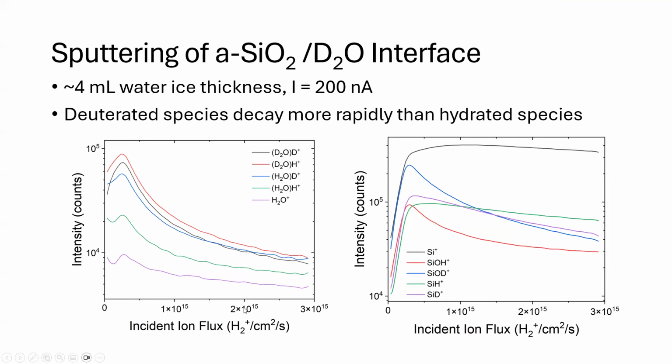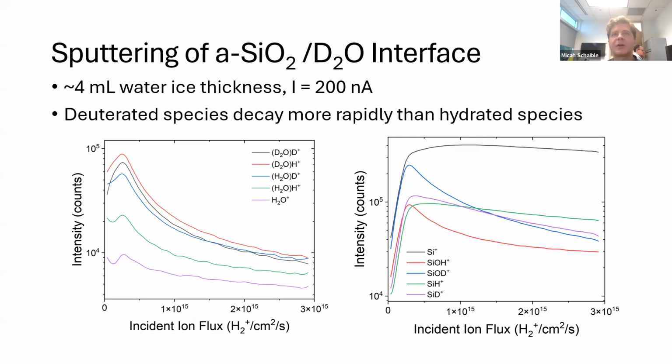Hey, Micah, could I ask a question? So, the fact that the intensity increases, because I'm not used to interpreting these kinds of plots, does that mean it's easier to sputter something that's right at the silicate water interface than to sputter something that has a lot of layers of water beneath it? Is that the right way to interpret this?